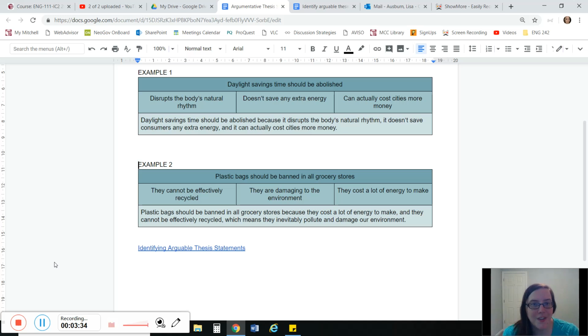And we can put all of those together with the word because in between the argument and the reasons. Plastic bags should be banned in all grocery stores because they cost a lot of energy to make, and they cannot be effectively recycled, which means they inevitably pollute and damage our environment. Okay, so I changed it up a little bit in terms of those reasons, but you found all of them in that thesis statement. So what I want to do is click on this link here, identifying arguable thesis statements,